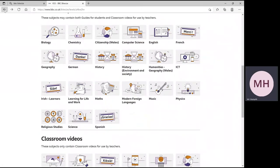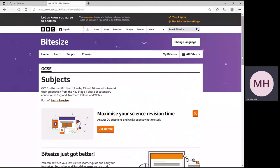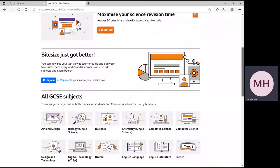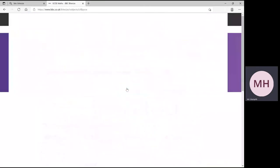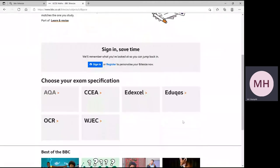So finally, for the GCSE section, I'm just going to click on GCSE. And all the GCSE subjects are there. So if we select maths again. Now, for this section, it's divided up into the different exam boards. So just choose the exam board that you're studying at GCSE. So if I just choose AQA,